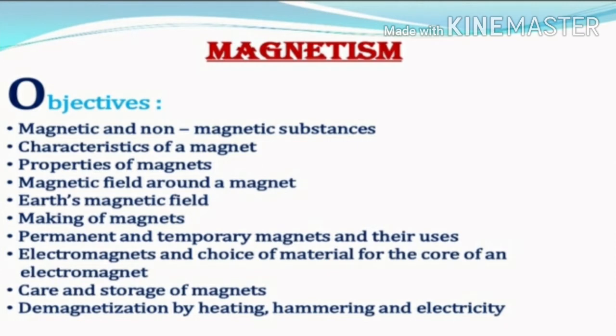Students, today we are going to start a new chapter, chapter number 6, Magnetism. Objectives of this chapter: first, magnetic and non-magnetic substances; second, characteristics of a magnet; third, properties of magnets; fourth, magnetic field around a magnet; fifth, Earth's magnetic field; sixth, making of magnets; seventh, permanent and temporary magnets and their uses;